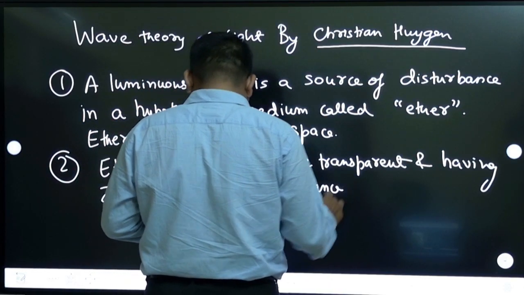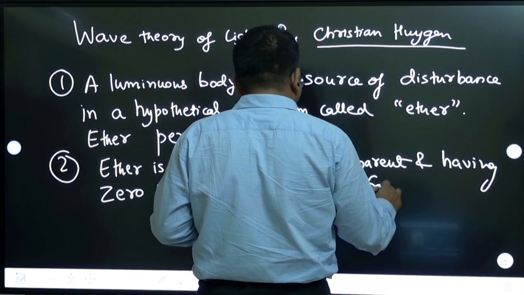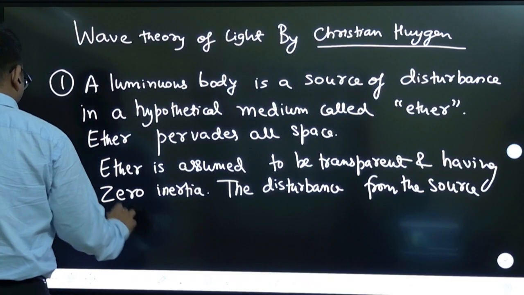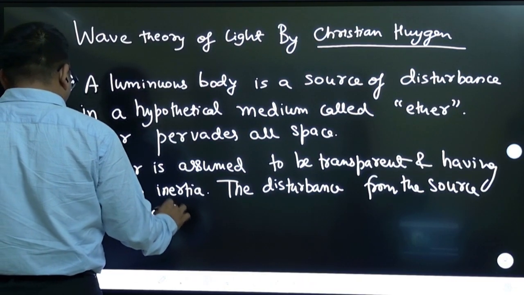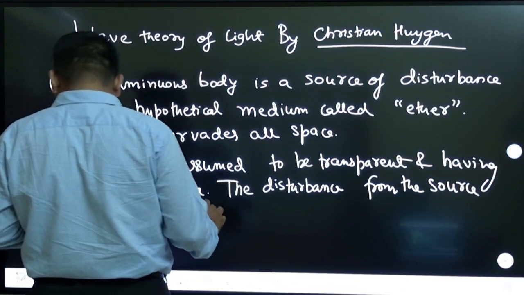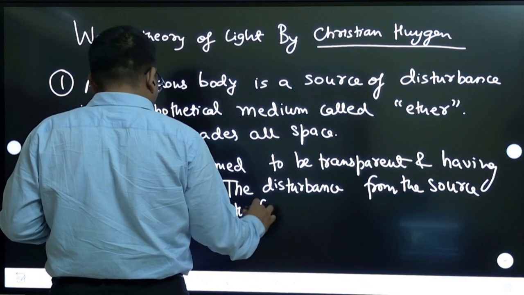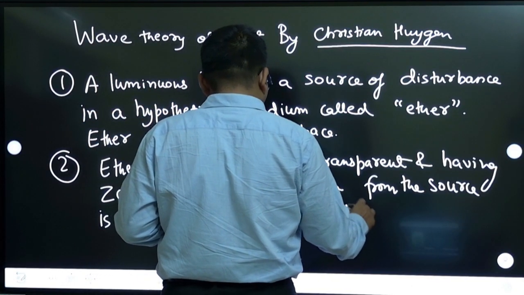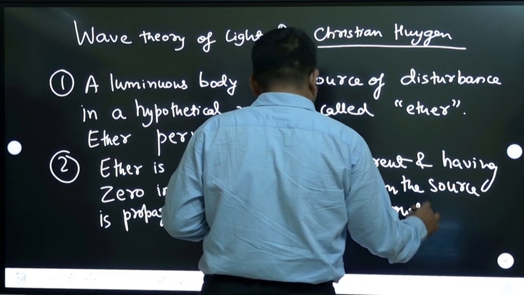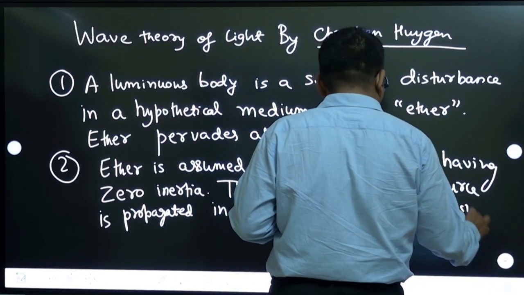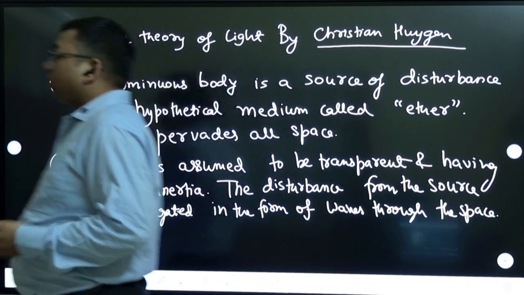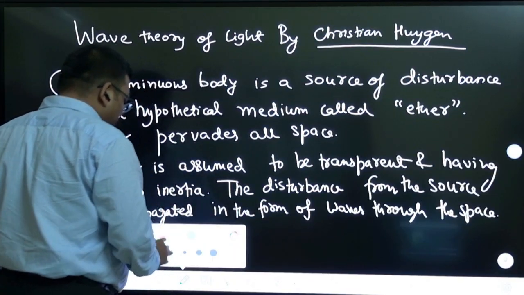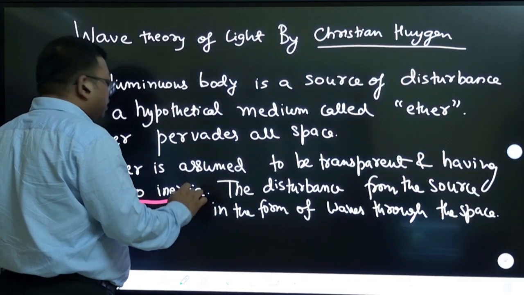The disturbance from the source is propagated in the form of waves through the space. Okay, so in that medium, what happened is that medium also property he's highlighting that medium has zero inertia and